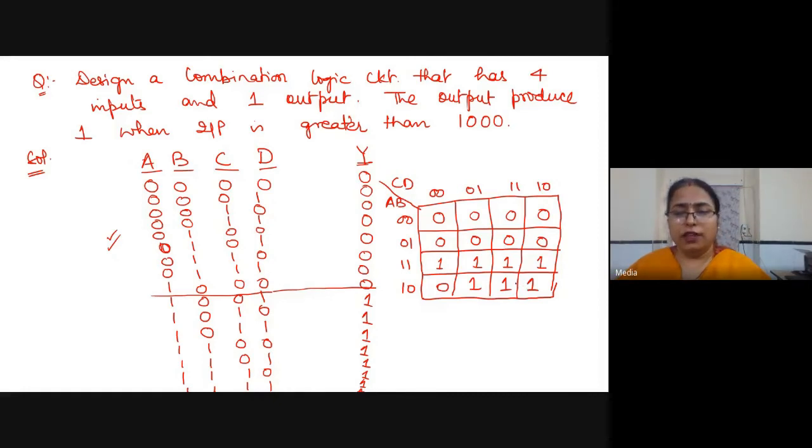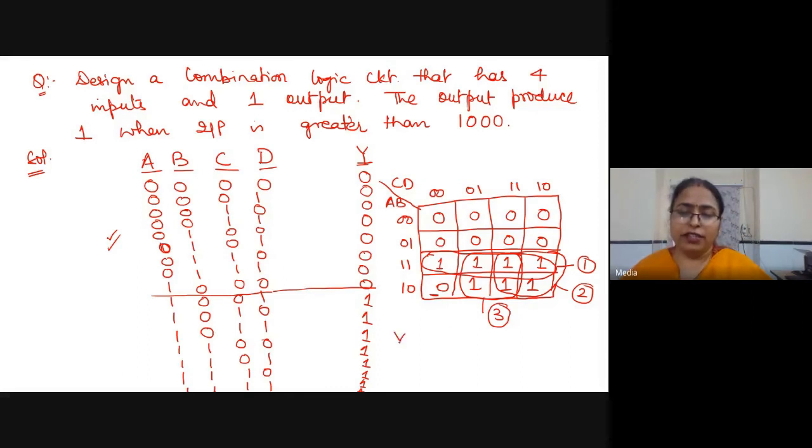So in the K-map, next step is grouping. In the grouping, you have to find if any octet is there. No. It would have been if this element were also 1, but it is 0, so no octet is there. Any quad is there? Yes. This is the first quad, right? This is the second quad. You have to make quads. This one is left, make another quad because you have to include all ones. So 3 quads are there.